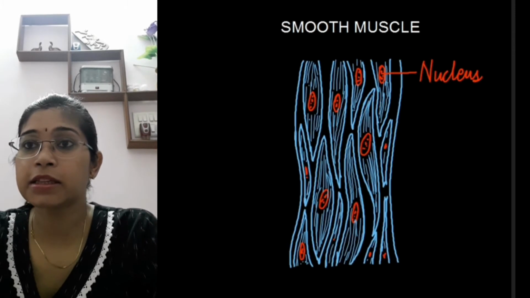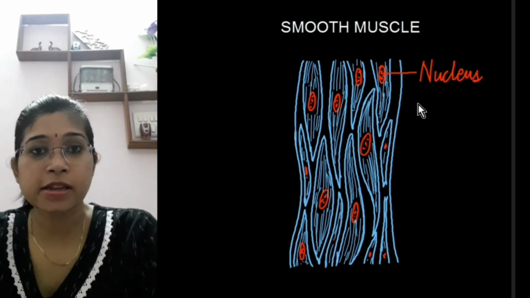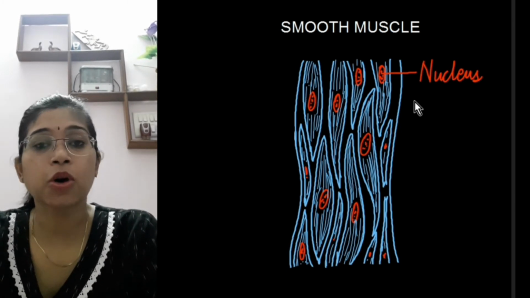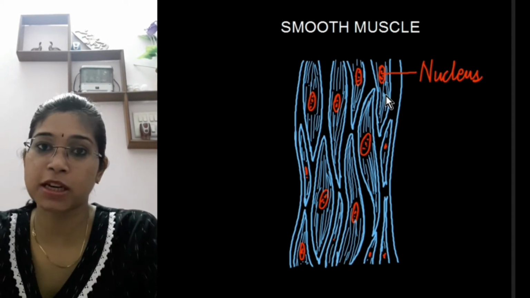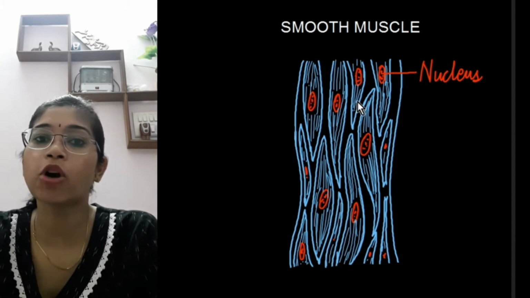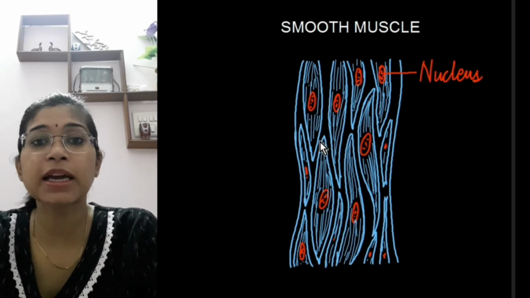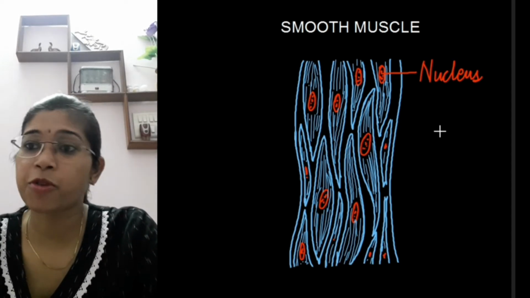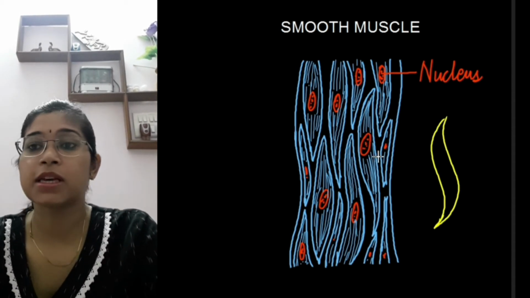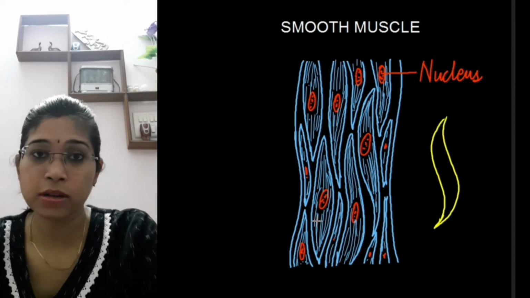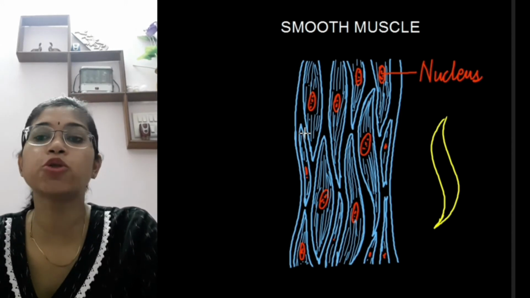Let's see another type of muscle, that is smooth muscle. It is also known as involuntary muscle, unstriated muscle and visceral muscle because this type of muscle is present in most of the organs which we cannot move according to our will. That is why it is also known as involuntary muscle. If you see the structure of this muscle, you will find that the cells are spindle shaped. Spindle shape is a special type of shape which is narrow at the end and wider at the center. See, these cells are spindle shaped, these are long. Now you see that each cell has only a single nucleus, that is, it is uninucleated.